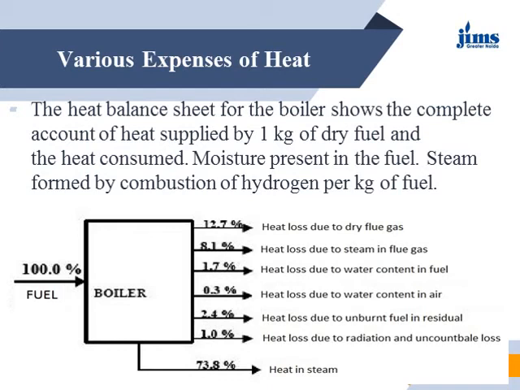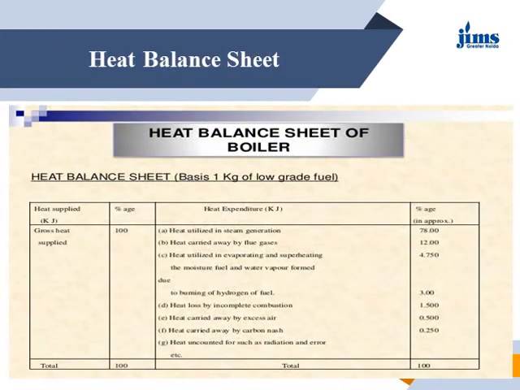dry flue gases itself. Another big percentage is 8.1%, which is the heat loss due to the steam in flue gases. The flue gases may take some steam in themselves also. So these are some losses, and 2.4% is still there, which is due to the unburned fuel, and out of 100%, 1% is loss, which may be due to the radiation, and which is unaccountable loss. So this is the heat balance sheet of a boiler. This is a standard one. So all things are very clear from the figure itself.